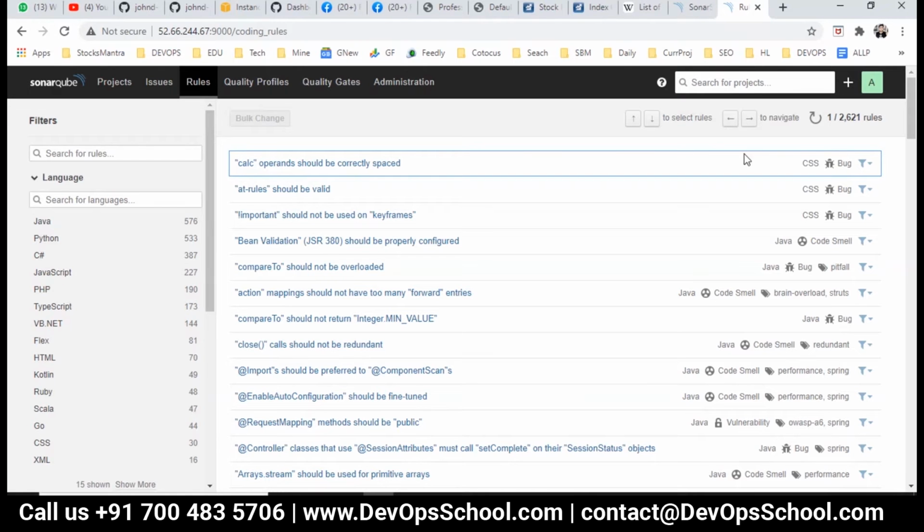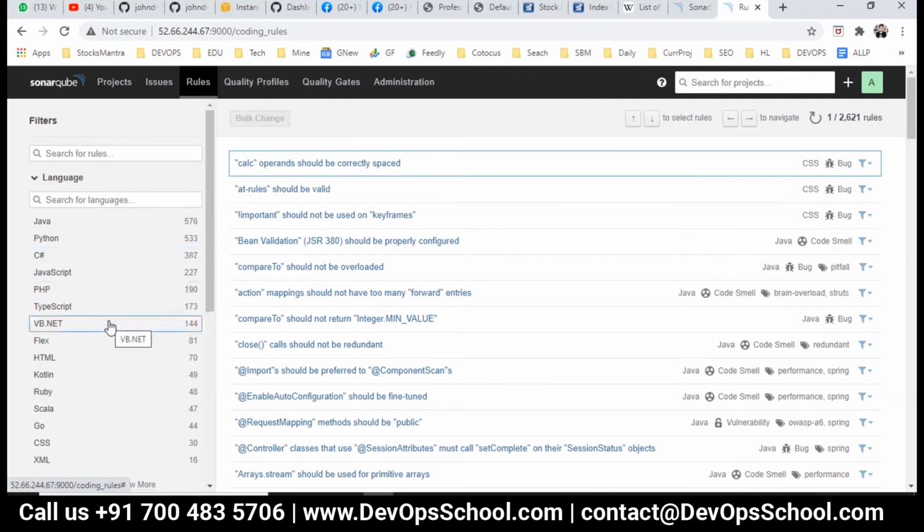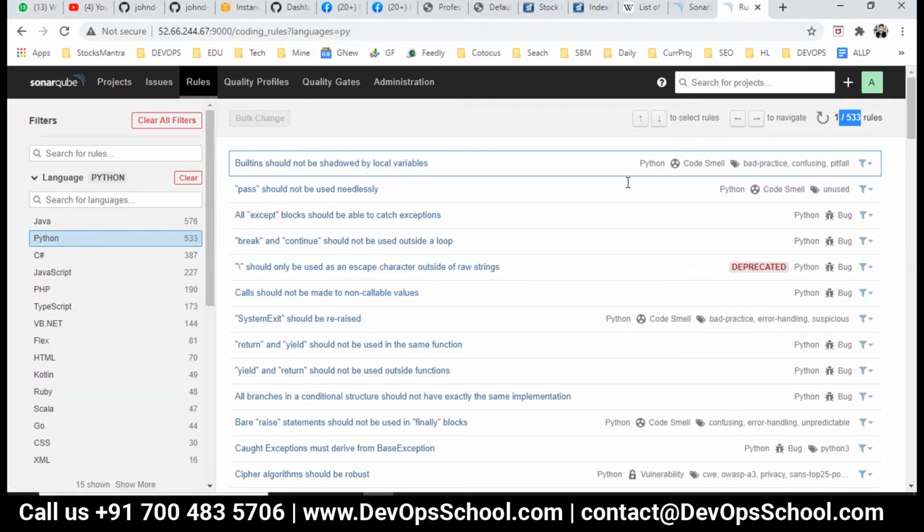Look at this. You can filter it as per the programming languages. Again, you have such great filters in place to filter the rules here. Only Java, 576; only Python, 533.